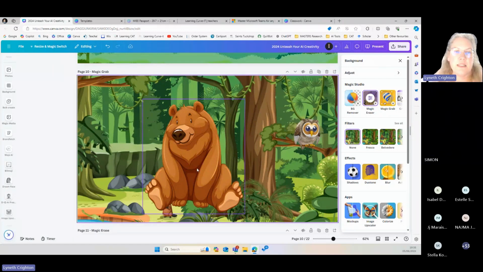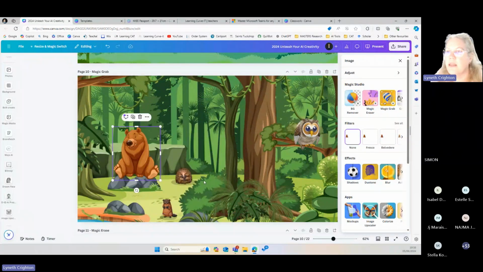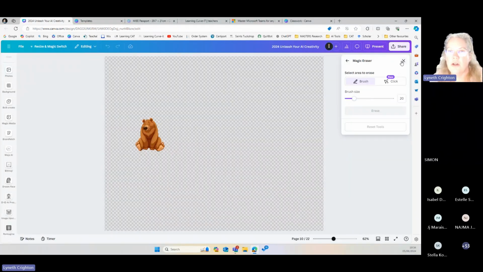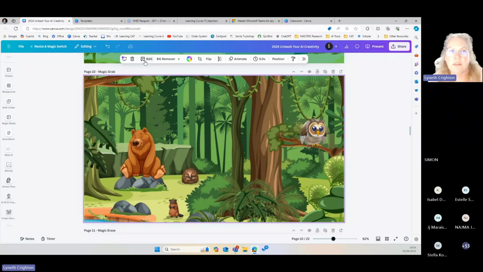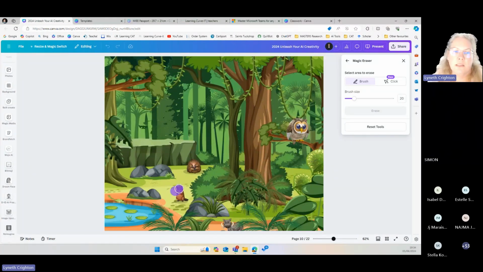Okay, it's the same as if we move our little bear, and though I like the hedgehog, if I choose Magic Eraser, and not on the bear, on the big picture, if I edit it and I use the Magic Eraser and I highlight the little beaver, the new option is to just click it.